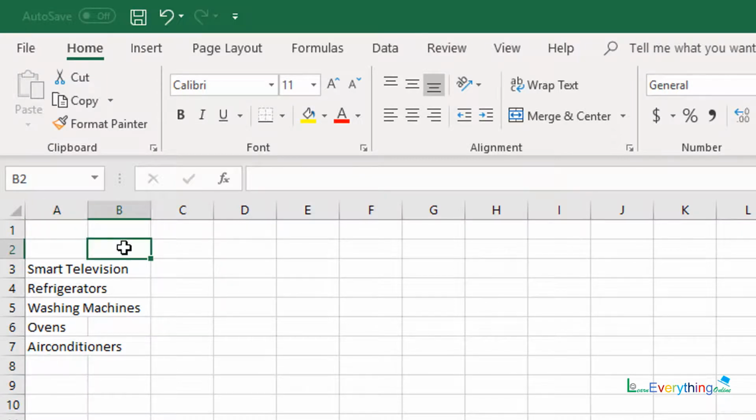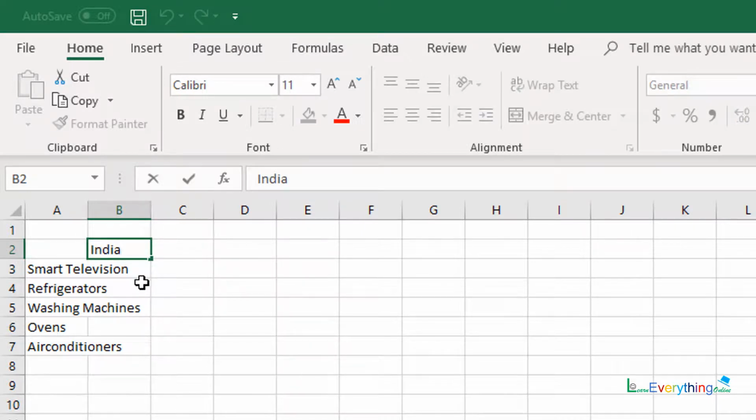Now in cell B2, if I type country India and hit the enter key, the control will come down to cell B3. But I do not wish to have control in cell B3. Instead, I wish to have control available in cell C2. Now how could that be achieved?